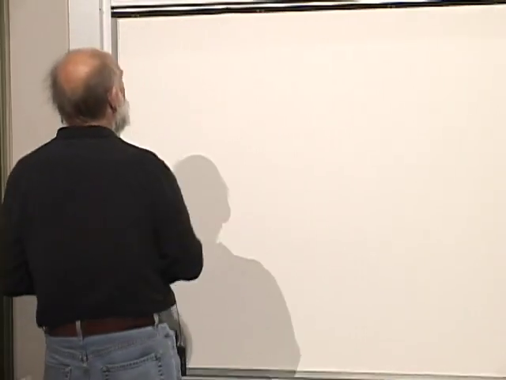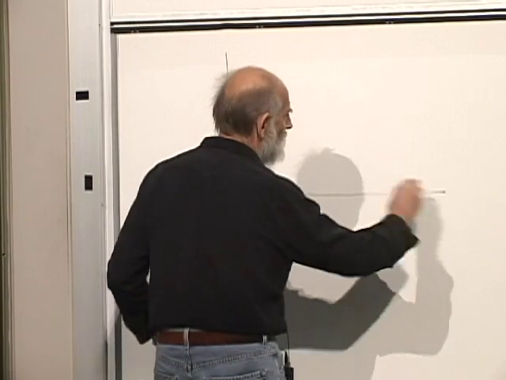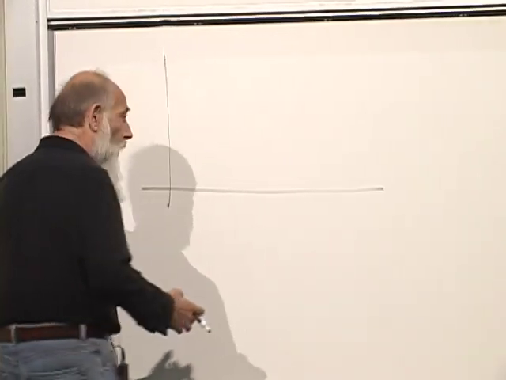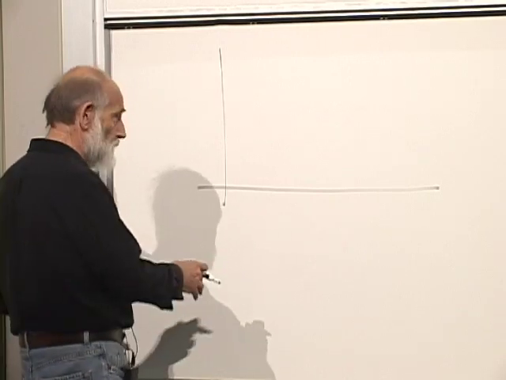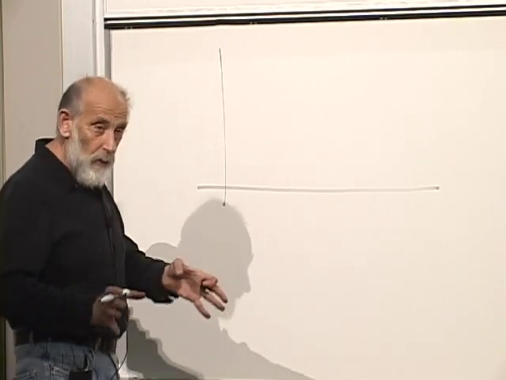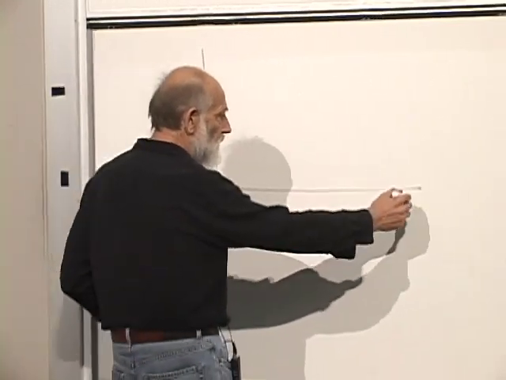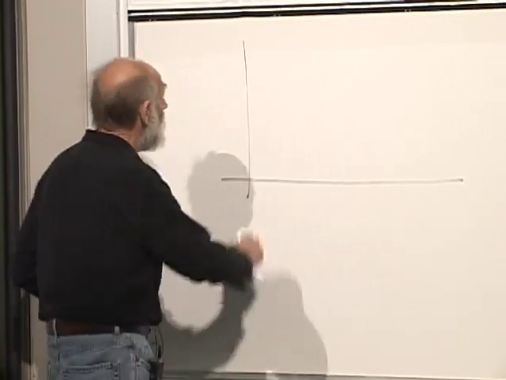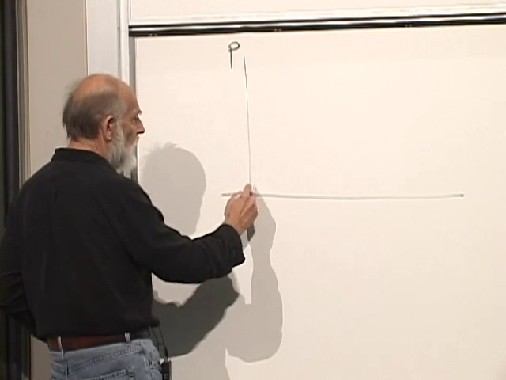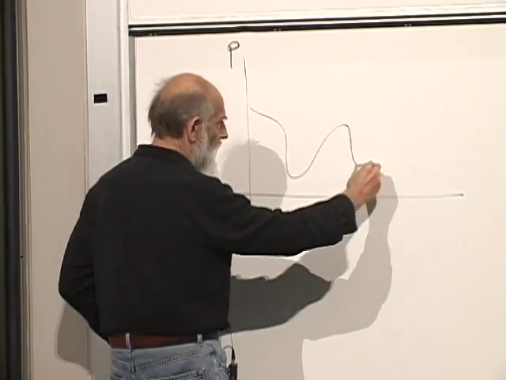Before we talk about entropy, let's talk about probability distributions. If we have some variable, and that variable could be the numbers on a die, or it could be a continuous variable, such as x or p or something else, then you may have a probability distribution of some kind. Where you got it from, let's not worry about. This is some variable. It may be a collection of variables. There may be more than one of them, but let's just take a one-dimensional thing. Here's the probability. P goes this way, and the probability distribution, I don't know, it might be like that.